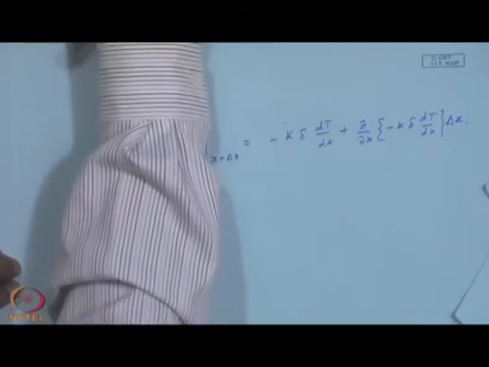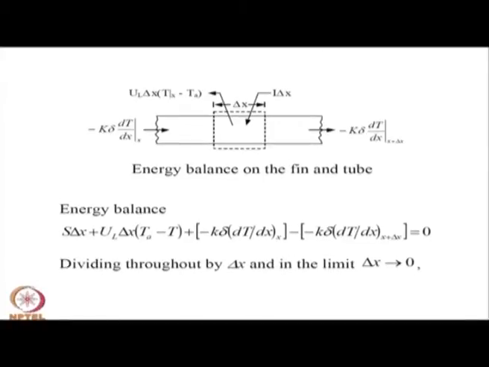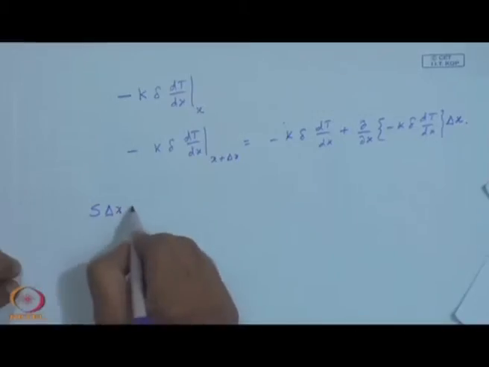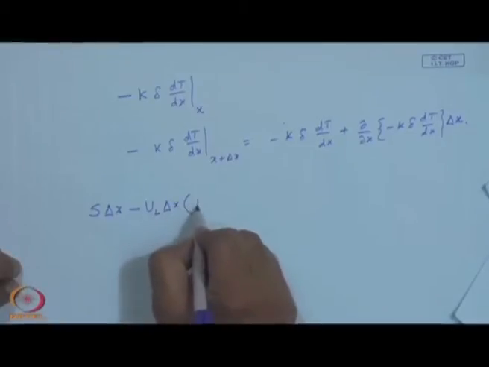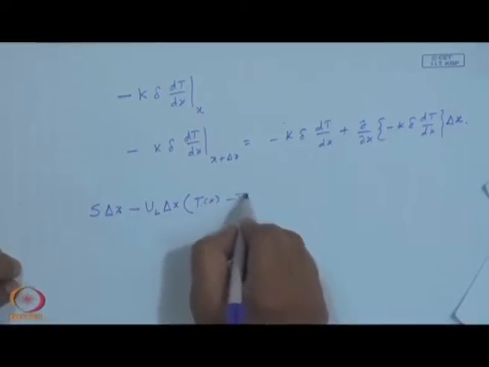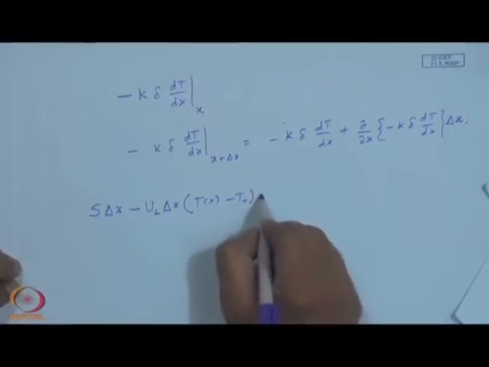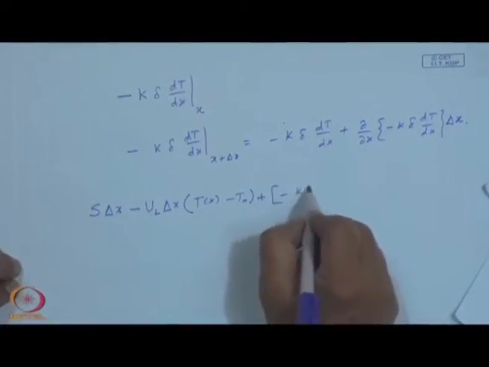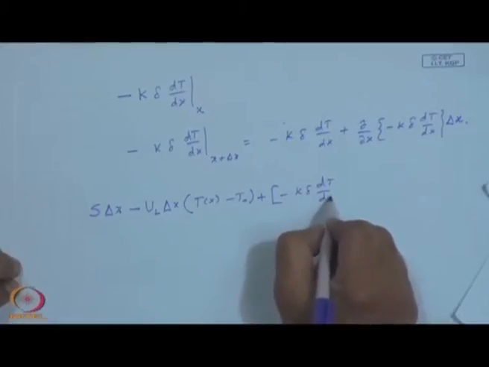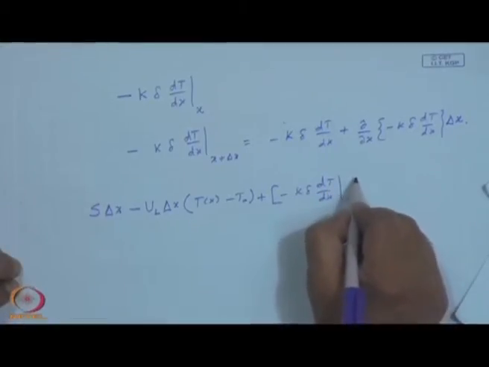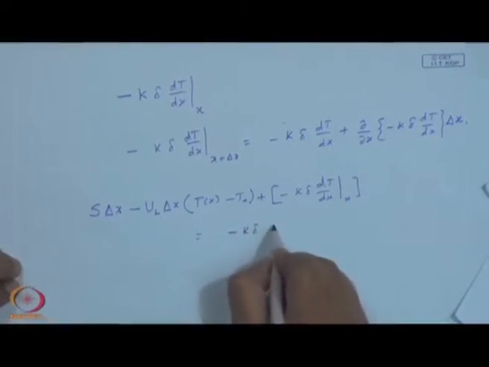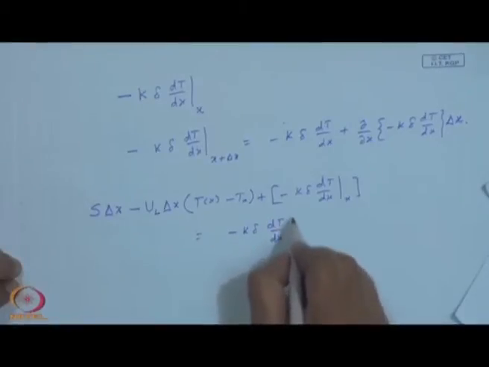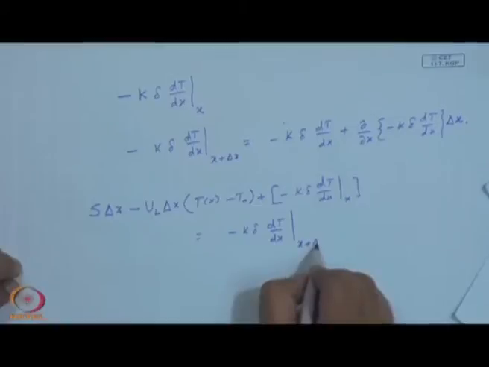In the limit, we made an energy balance of the incoming radiation times delta x, and then a loss U L times delta x into T of x minus T a, plus minus k delta dT dx at x should be equal to minus k delta dT dx